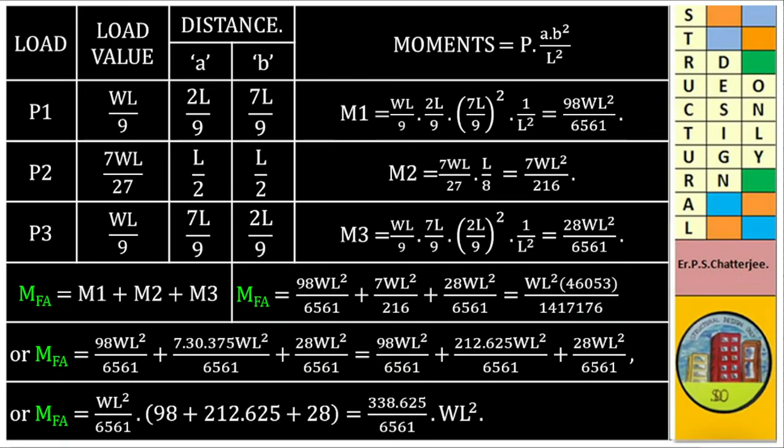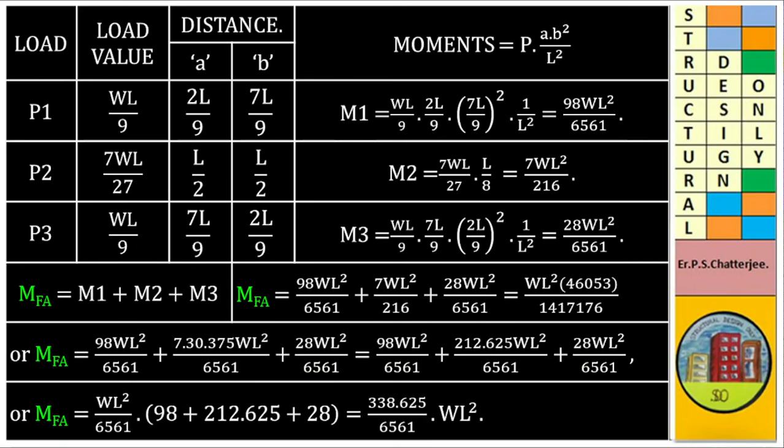MFA, the total fixed end moment at the left hand support, is equal to M1 plus M2 plus M3. MFA is equal to 98 WL square divided by 651 plus 7 WL square by 216 plus 28 WL square divided by 651, which is equal to WL square into 64053 divided by